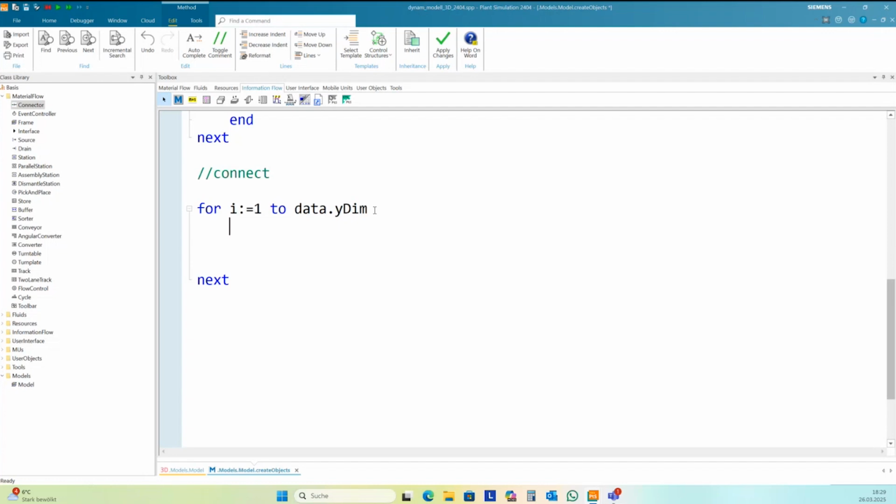Some elements may not have a predecessor, like the source. Sources don't have predecessors, and so I need to check if we have some data in the third column. And then I need to split this.